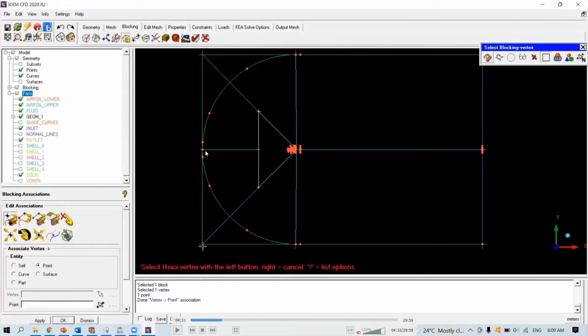Now, under associate, just associate the points here. And then this one will come here, and this one will come here. Now, the idea is that this one will be attached to the semicircle, and this part here, solid, should follow the contour of our airfoil. So this one will be attached to the leading edge. This one will be attached to the 1st guide curve in the clockwise position on the top part, and this one on the lower part. Later on, we can split the block again to accommodate the remaining guide curves. Okay.